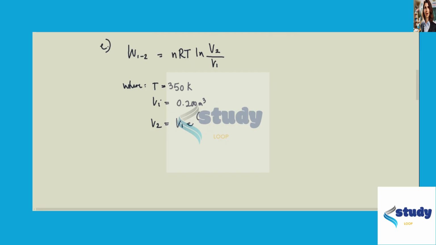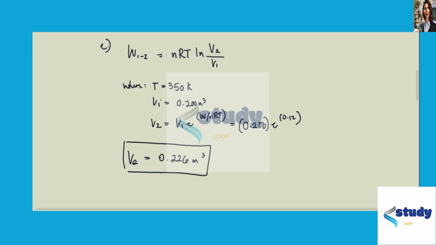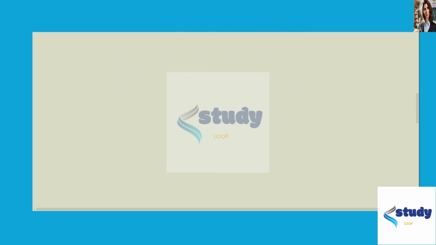e to the W over nRT, which is equal to 0.2 e to the 0.12, which will give us V2 is equal to 0.226 cubic meter. For letter F, process 2 to 3 is adiabatic with